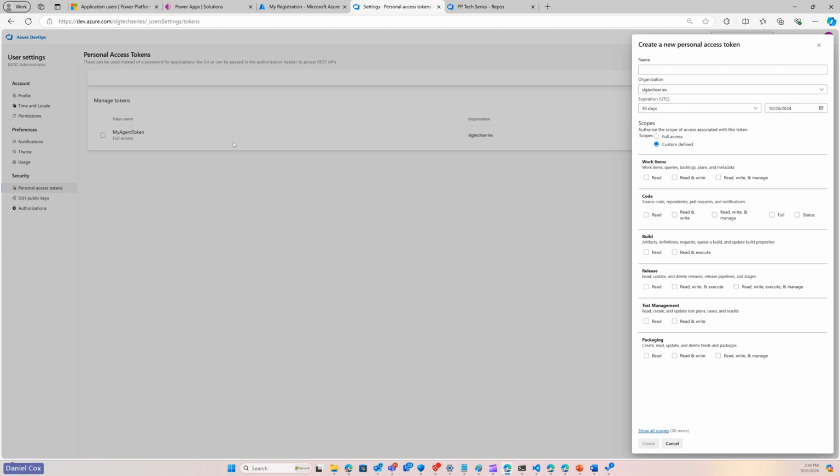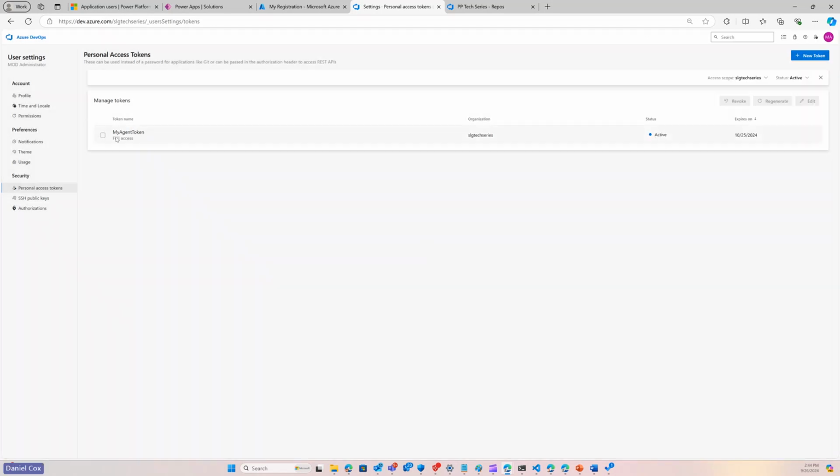Now, for the sake of the demo, you'll notice that I gave it full access, but you can certainly define at a very granular level exactly what access this personal access token should have. So I'm using my agent token, and that's the one that it asked me for when I set up the agent. So now that I've got the agent set up,